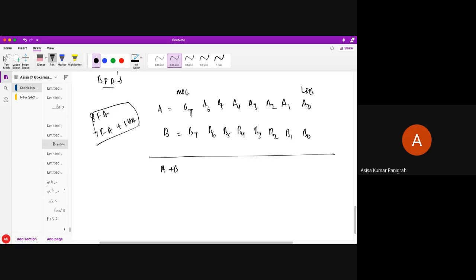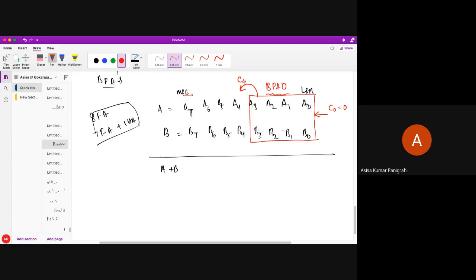Now start adding the bits from the LSB onwards. So you can see here A0, A1, A2, A3 are 4 bits of A. B0, B1, B2, B3 are 4 bits of B. These 4 bits are added using one 4-bit BPA, that is called BPA 0, let's say. It takes one carry input, let's say C0, which is 0, and it propagates a carry output to the next cascaded BPA, that is C4, which is the output carry of this BPA 0.